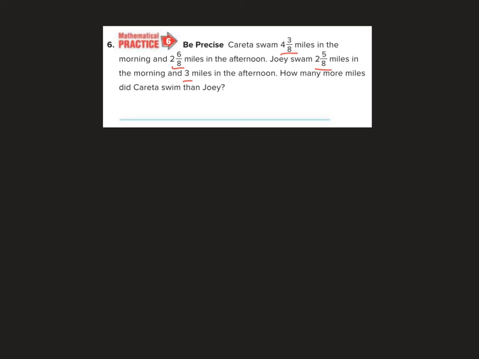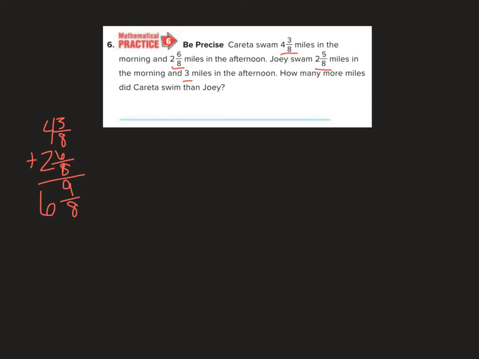Ooh, we're adding and subtracting. So I'm going to have Coretta over here. First, I'm going to figure out how far she swam. So she did 4 3/8 plus 2 6/8. 6, 7, 8, 9. So I get 9/8. 4 plus 2 is 6 9/8. Now, I'm going to choose to keep that improper fraction because it might work out in the long run. So I'm not going to turn it into a mixed number until the very